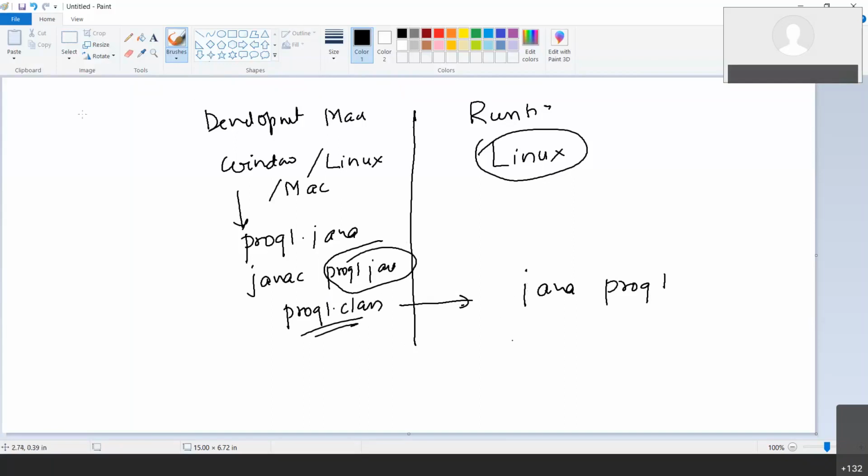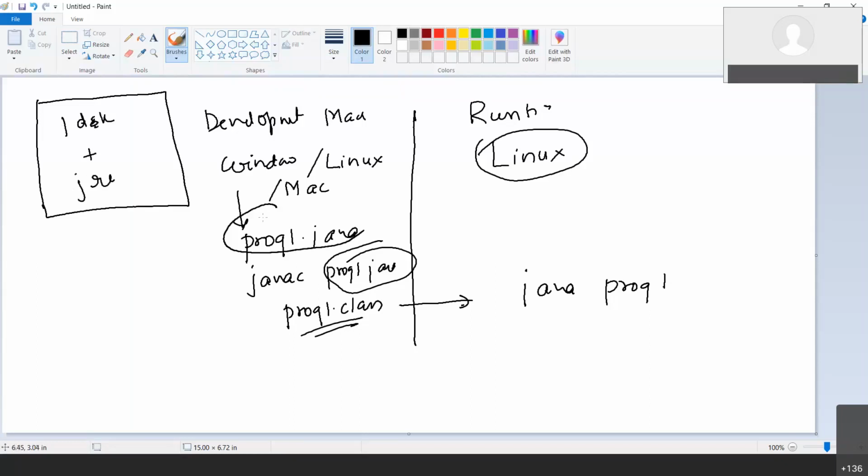This concept is achieved by the first step: there is a JDK, plus there is something called a JRE. As a developer, when we write code, we'll be referring to various libraries. If you want to connect to the database, you'll be using JDBC. If you want to use a threaded application, you'll be using the thread library. So you will be taking the help of the JDK library, which has the necessary library files you'll be using in the code. Once you compile it, it will create this program1.class.